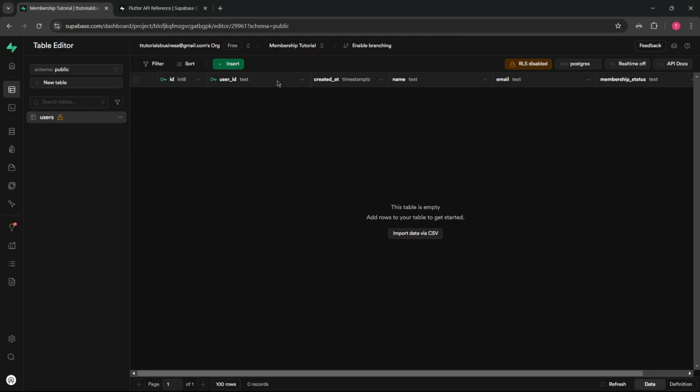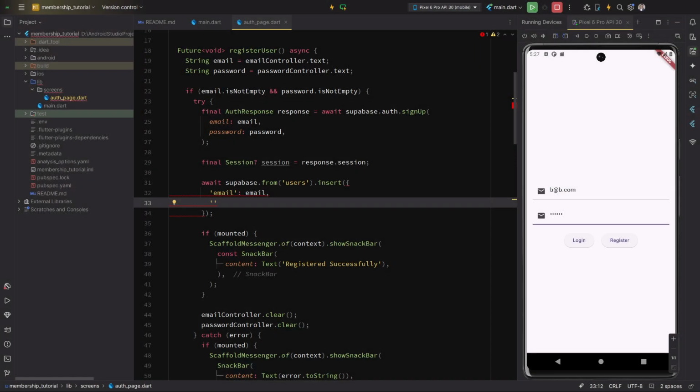Okay, so we have a user ID and we have a name and we have email and membership status. Okay, so we are going to put that. Okay, so let's go back to our Android Studio,